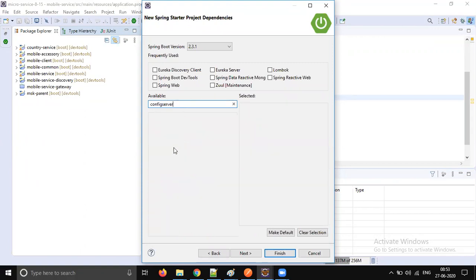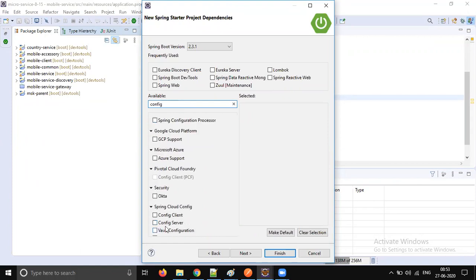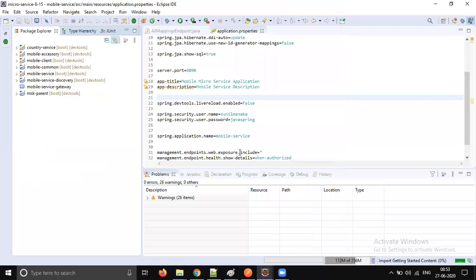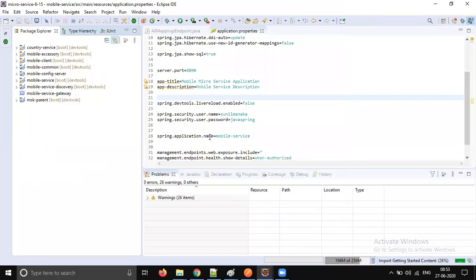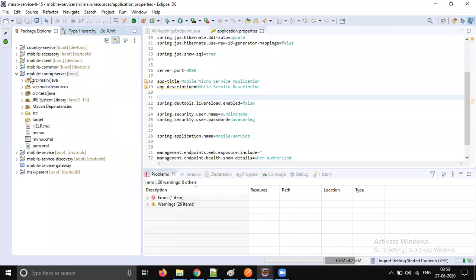You just select config server, and click finish. The project will be created automatically, and you get the project imported into Eclipse in just a few seconds.